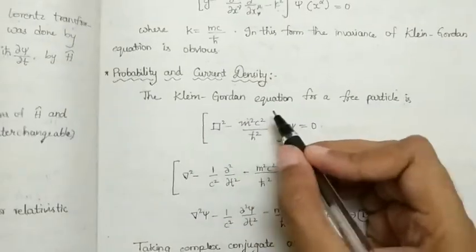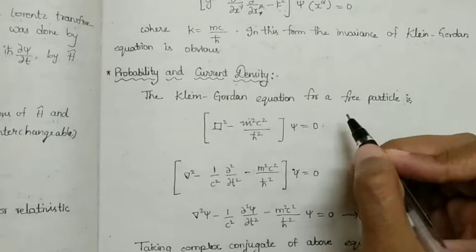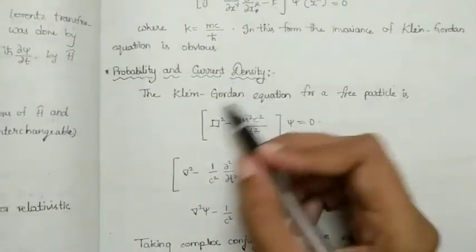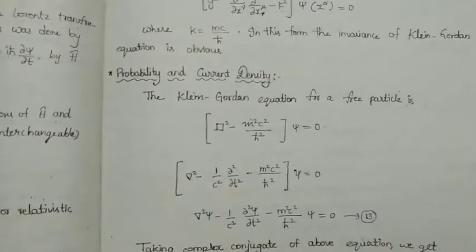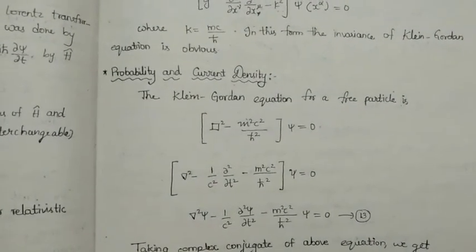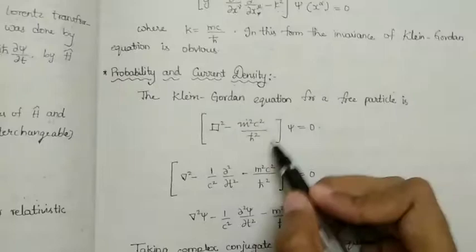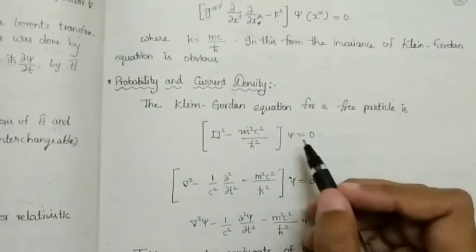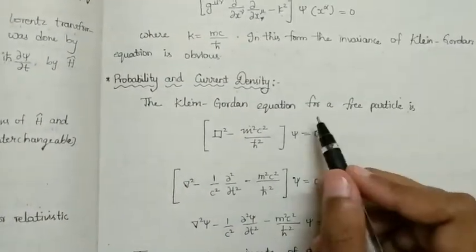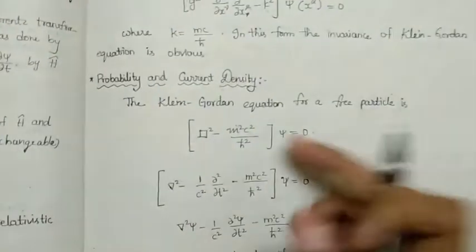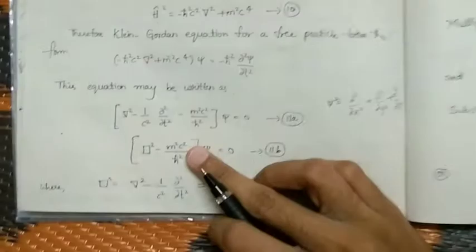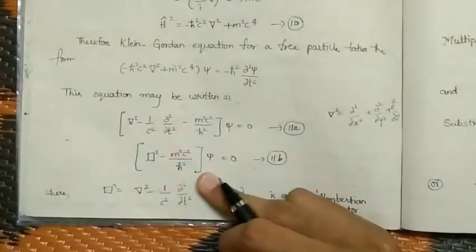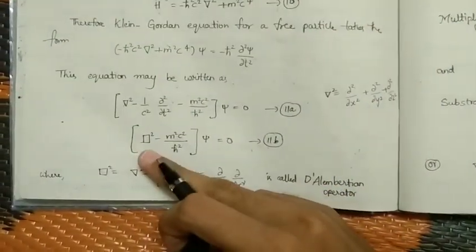So the Klein-Gordon equation for a free particle is... this equation had already been derived. The video is present in this channel. This is the Klein-Gordon equation which we have derived in the previous video. So here it is, this is the Klein-Gordon equation and we have derived it, and this is nothing but